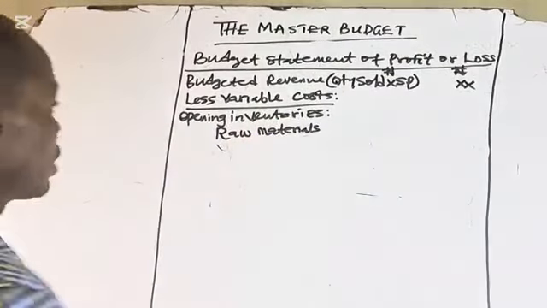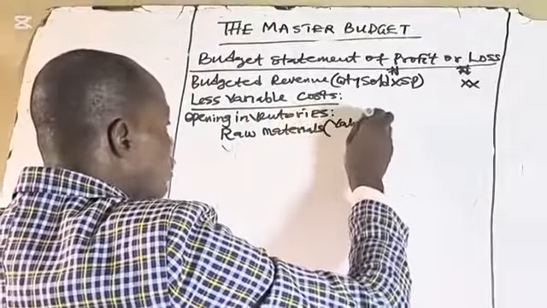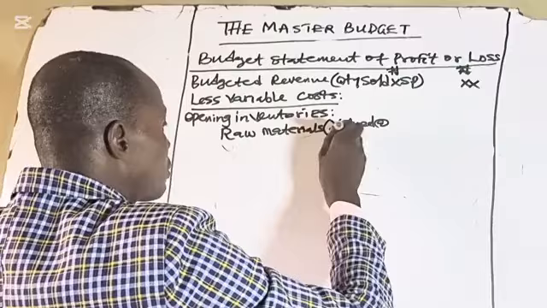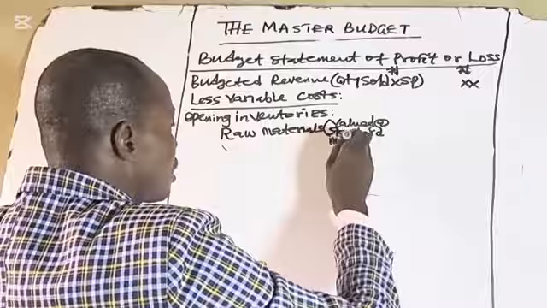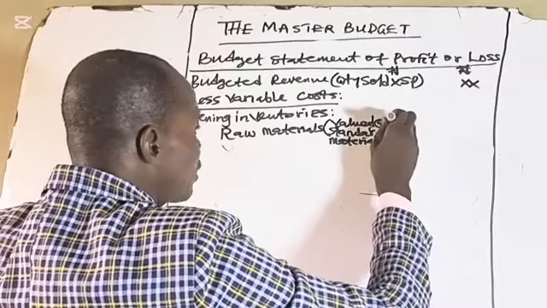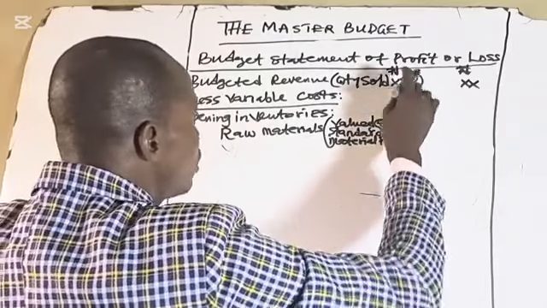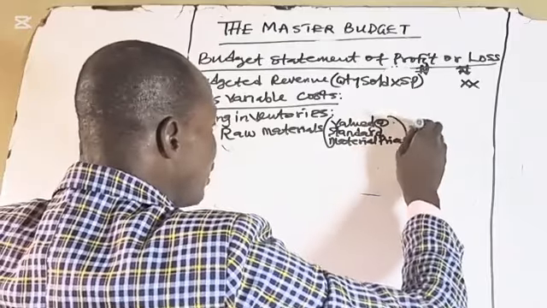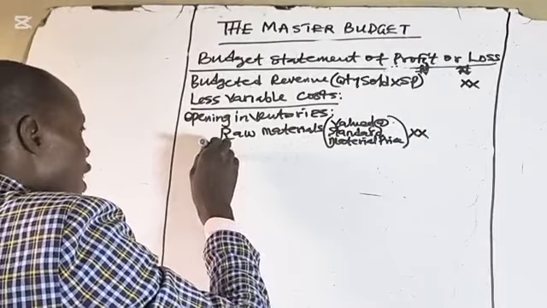The opening inventories may be given, valued at the standard material price. The standard price of material given in the question will be used to value our opening inventories of raw materials. Then opening inventories of finished goods,